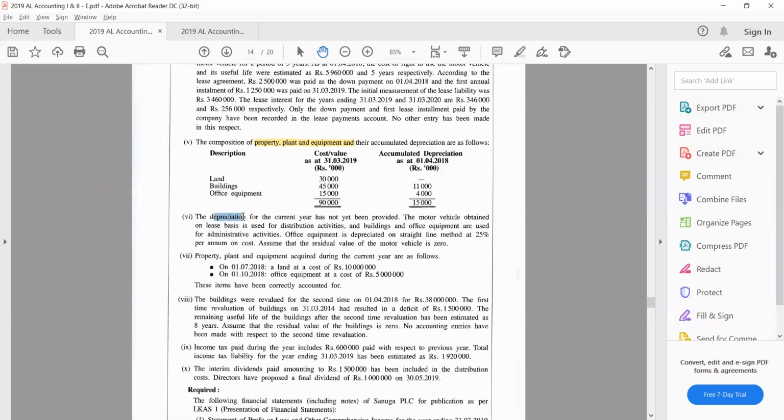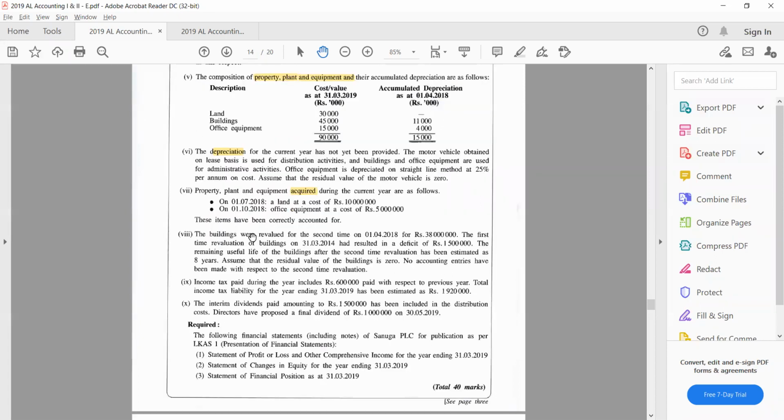The depreciation we need to calculate, and also there are purchases, acquisition during the year, land and office equipment. And there is a building revaluation,